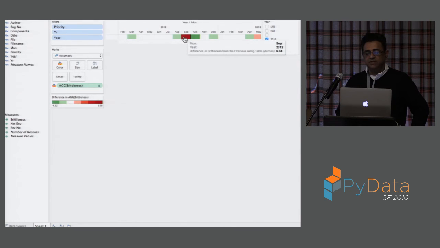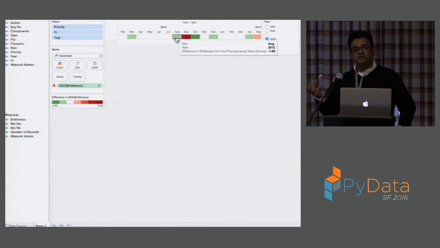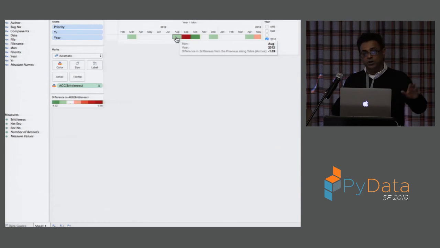What green stuff means and what red stuff means is this. We compute something called brittleness, which is the net severity, an aggregate of high severity bugs. It's a measure of bad things. And in the denominator, we have change, how many changes we had. So there were 100 commits, and the net severity was 0.1. Or we had 20 commits, and the net severity was 20. So you will see red in the second one, and green in the first one, because a lot of change didn't cause too much severity to go up.